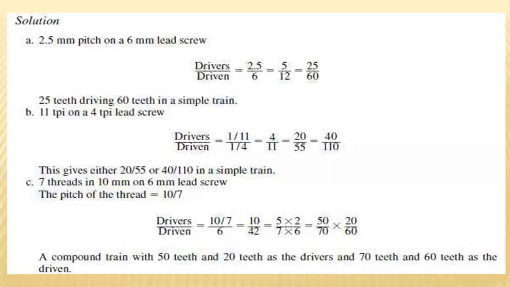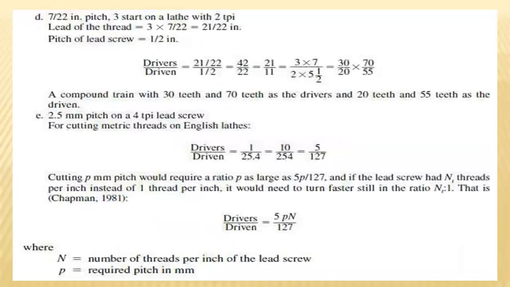Nothing but a compound train with 50 teeth and 20 teeth as drivers, and 70 and 60 teeth as driven. And simultaneously having calculated the same turns per inch calculations,